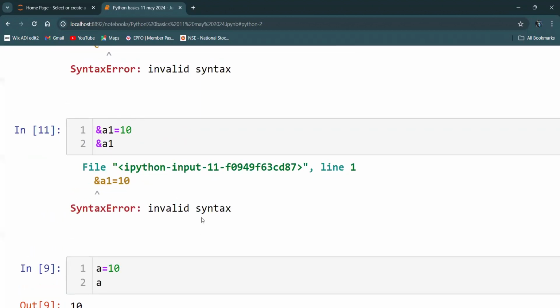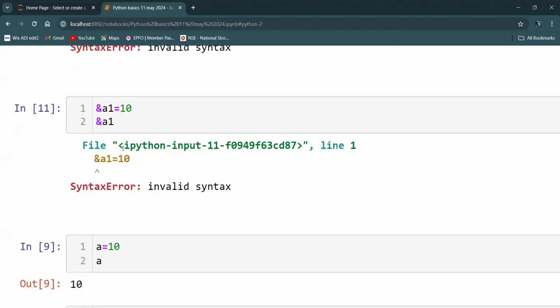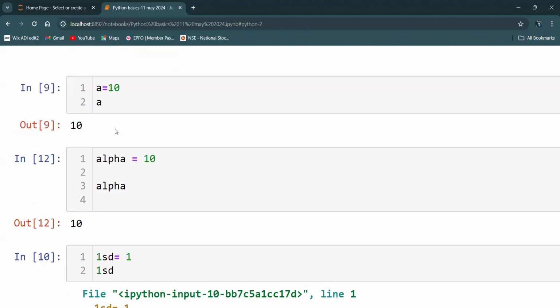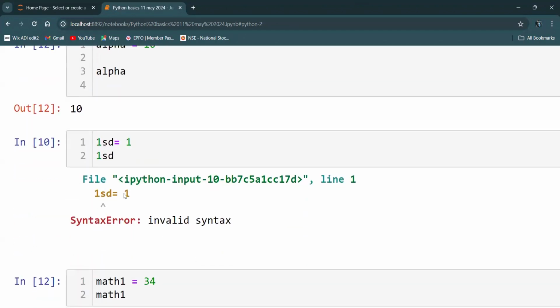And you can see here ampersand A1 is equal to, sorry, this is and. So and A1 is equal to 10, and if you're trying to find the result, that is also not possible. But A is equal to 10 is possible. Alpha is equal to 10, again, is possible. 1 SD is equal to 1 should not work, because whenever you're trying to build a variable, it should not start from a number.